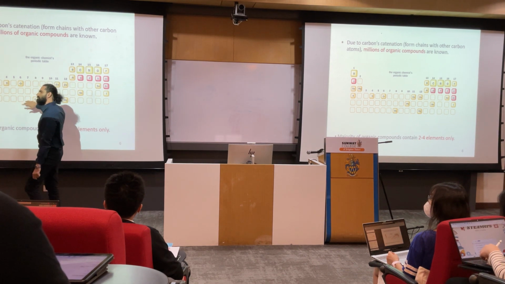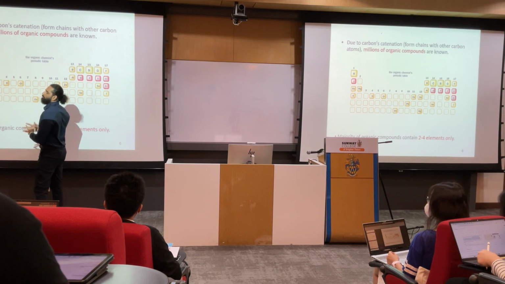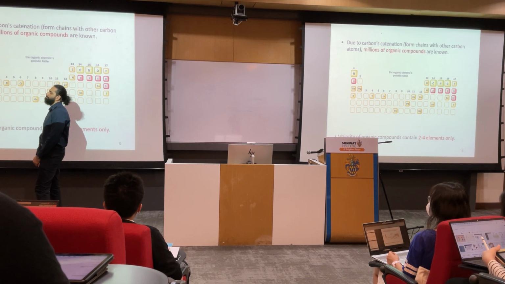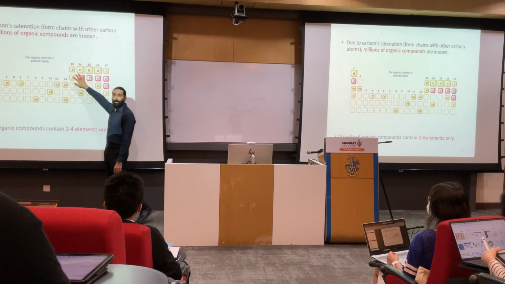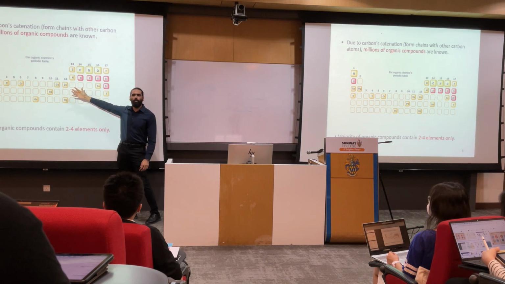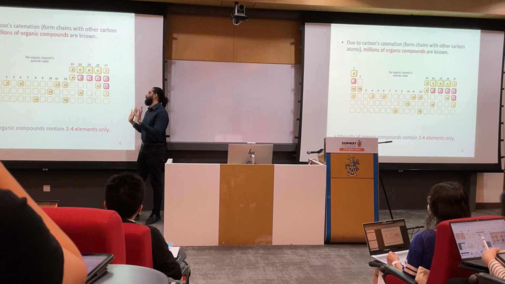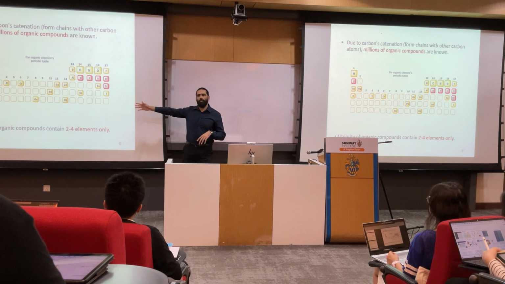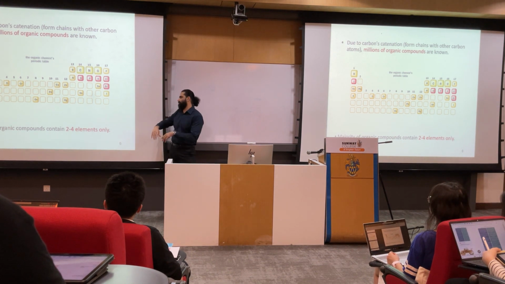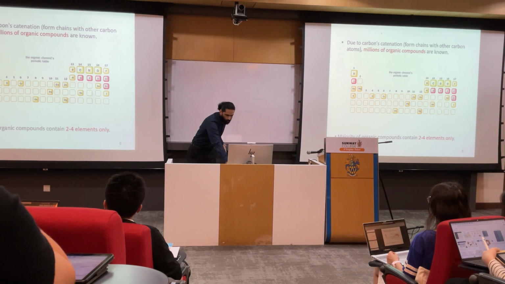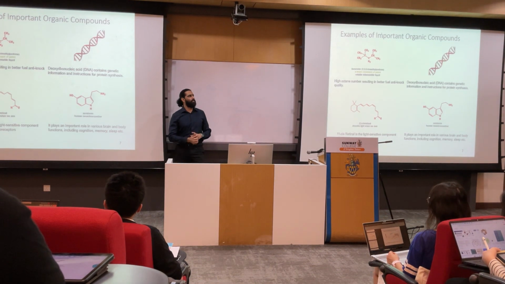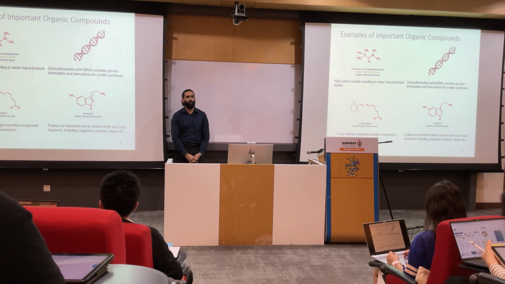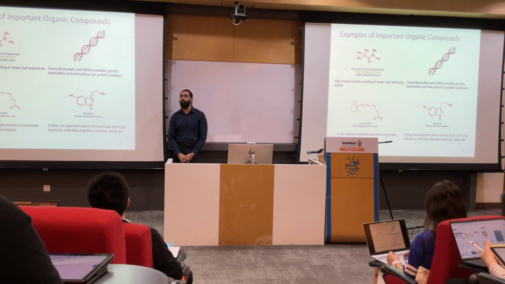Iron mainly is not included in most organic compounds. There are probably very few compounds which contain iron. So these elements are the ones which are generally found in organic compounds. That's the only reason. So this is kind of the periodic table for organic chemistry. Out of all these 10 million, 12 million organic compounds, these are a few examples which I would like to probably think of.